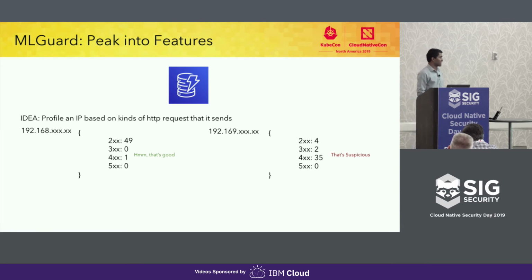On the left, if an IP is sending a lot of 200 and 300 requests, which are supposedly good, and very few 400 and 500 requests, which are signs of a bad request, forbidden or internal server error, it means this is overall a good IP. But on the right side, if an IP is sending very few 200 and 300 requests, but a lot more 400 and 500 requests, it means that IP is either scanning or trying to find its way, and that's where it is getting denied so many times. This IP is bad, and that's when we want to look into what that IP is doing so that we can block it.